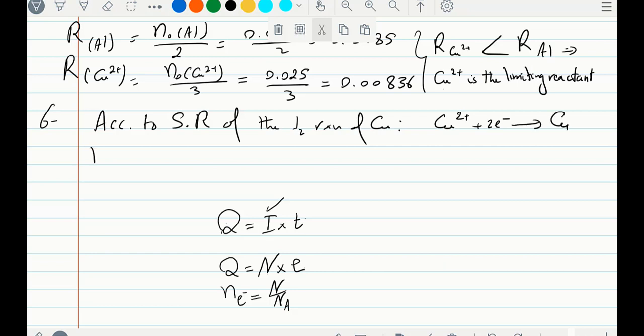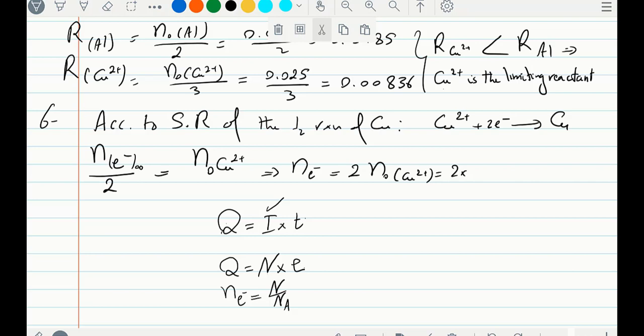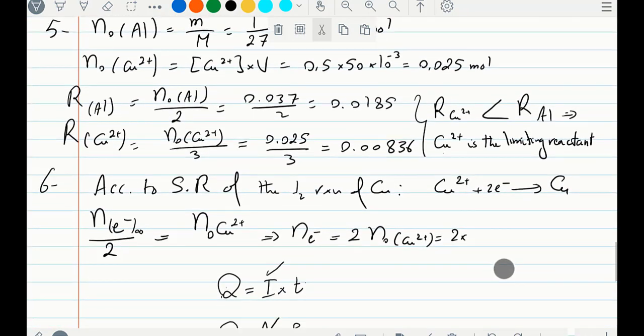We have the number of moles of electrons exchanged over 2 equals the number of moles of Cu2+ reacted. At the end of the reaction, the number of moles of the limiting reactant equals the initial number of moles. The number of moles of electrons exchanged at the end of the reaction over 2 equals n0. Therefore, the number of moles of electrons exchanged equals 2 times the initial number of moles of Cu2+